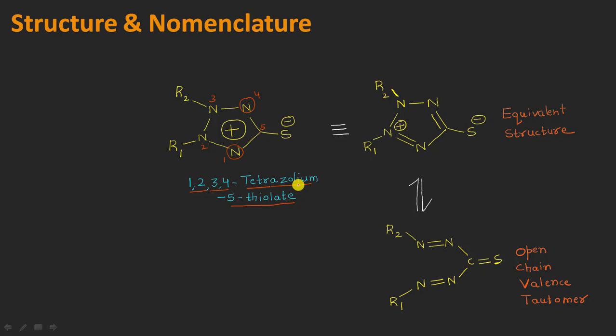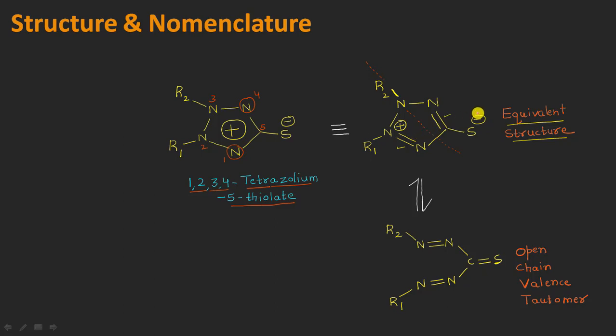So this is the nomenclature of this molecule, and you know that we can always draw an equivalent structure for our mesoionic molecule, and that will be in this way by drawing two double bonds, the first one here and the second one here, and these two double bonds should be parallel to the axis of symmetry here. I mean if this is the axis of symmetry passing through this molecule, we can draw two double bonds in this way, right? So obviously one positive charge will come here over the nitrogen atom in this way, right?